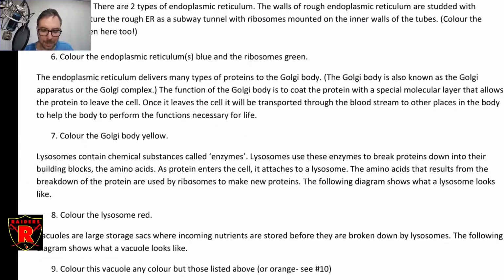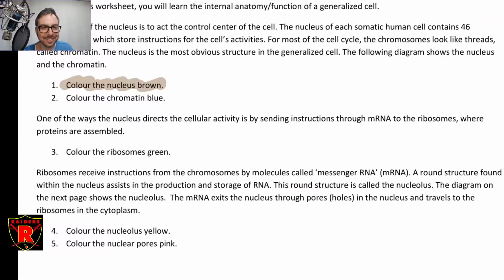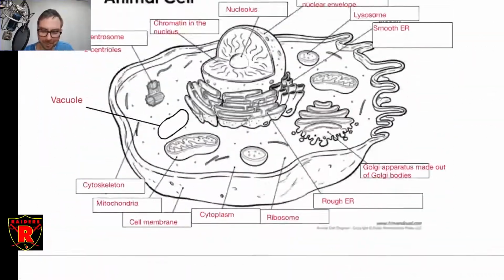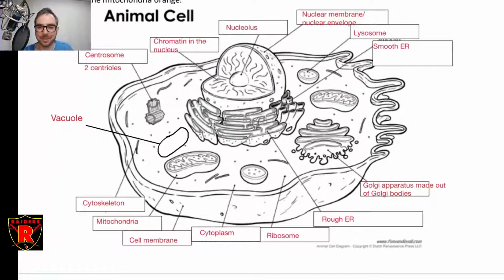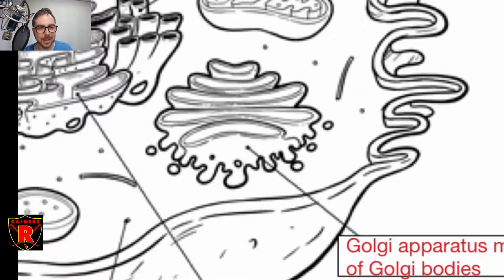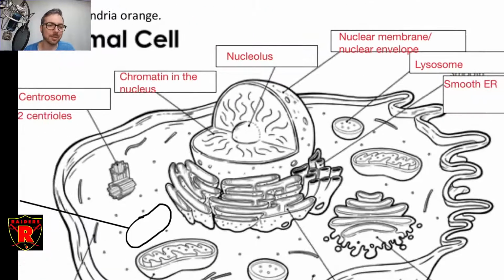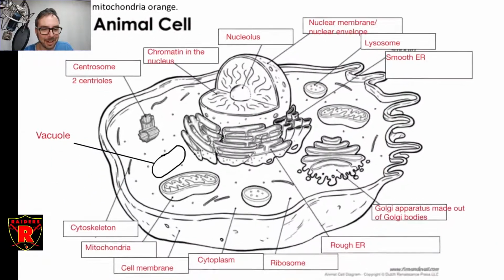a study aid. But anyway, it goes through, it describes each of the organelles. And then as you do it, what you're supposed to do is think about that function. And while you're thinking about it, go to the cell, find that particular organelle, and color it, thinking about what it does. Oh, this is the thing that makes the energy molecules for the cell. Oh, this is the thing that folds completed proteins and packages them for export. This is the thing that contains the DNA, and while you color it. Okay, so that is a learning tool that you could employ if you'd like, but I personally would just label